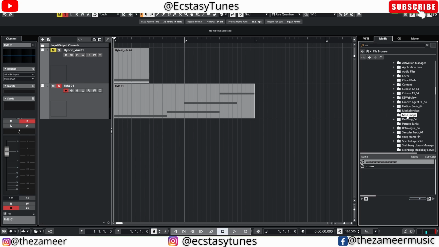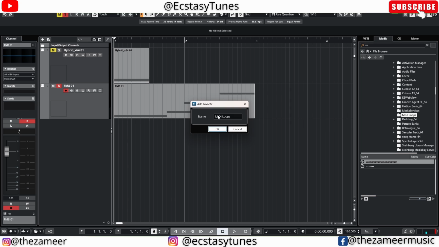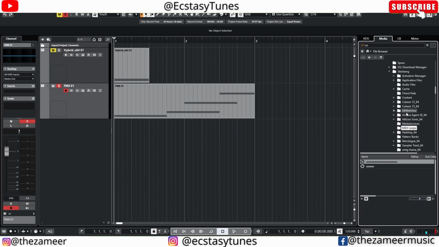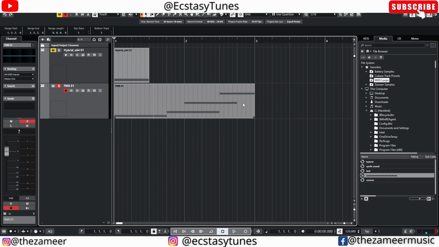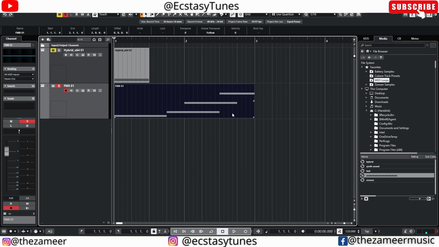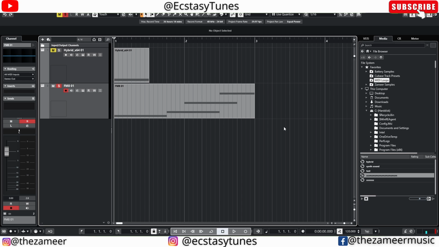When you add it as a favorite, you can create your own shortcut or whatever name you want and hit OK. So now when you go up here to the favorite, you can see the MIDI loops is already there. Now it's easy for you to find the MIDI loop that you have saved. The best thing about MIDI loop is now you can create a MIDI track,